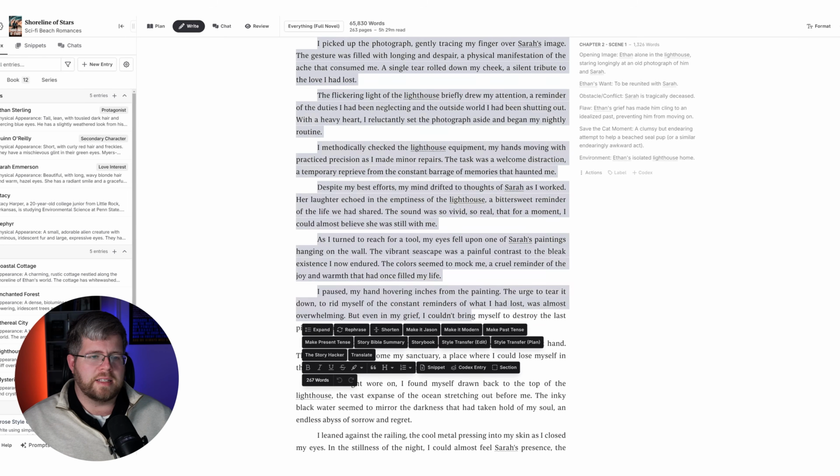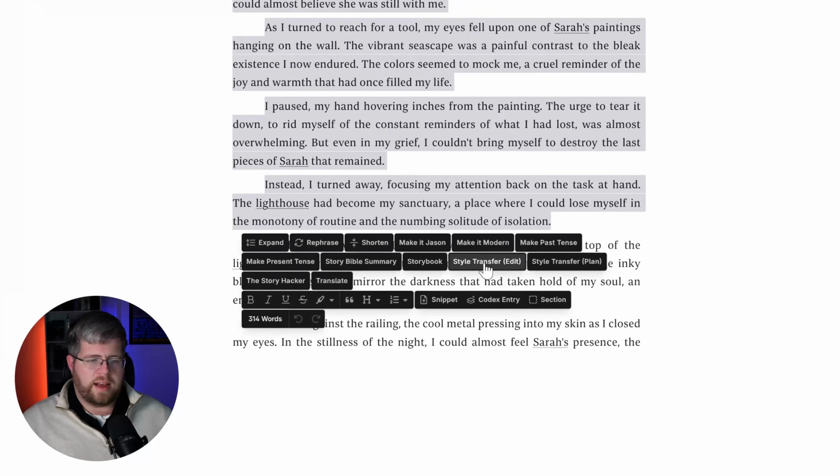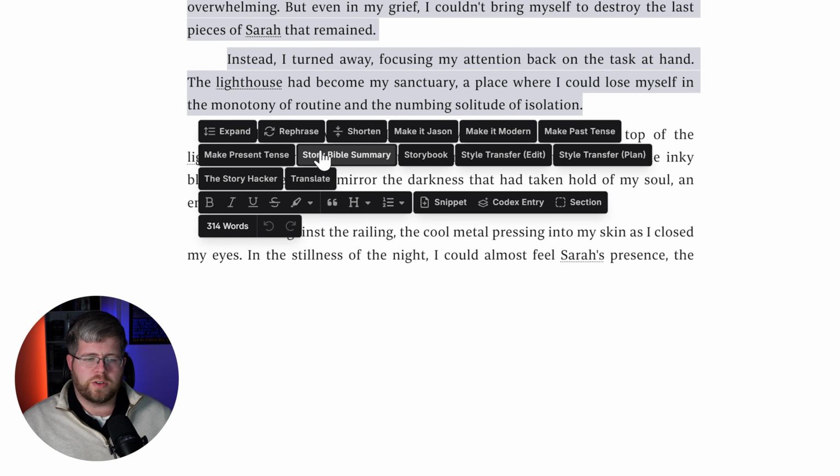So for instance, I can select large chunks of text here, and I have built-in prompts that do certain things. And sometimes there are cases where I just want to select massive amounts of text at once, run a prompt on it, it spits out the output, then I select the next massive chunk of text, run the same prompt, and that's something that's not as easy to do just from a workflow standpoint in Raptor Write, but Novel Crafter makes it really easy. It's also something that is not really easy to do inside of Sudo Write. This is why Novel Crafter is one of my favorites, because it is very versatile. It can do lots of cool stuff and makes the whole facilitation of it, the workflow process, a lot easier. That's why it's my favorite.